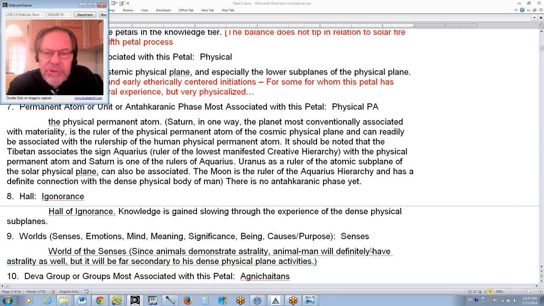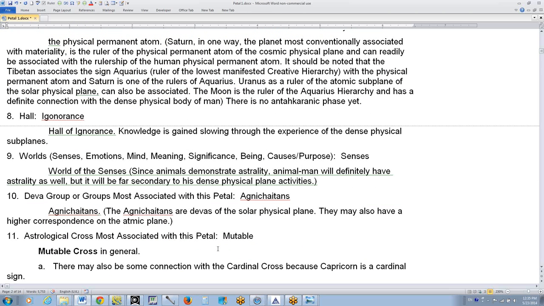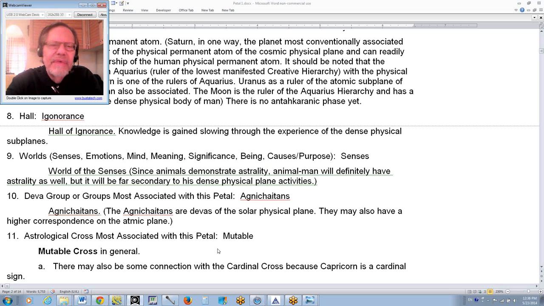The Deva group, most associated with this petal, of the Agni Chaitans, Agni Suryans, and Agni Shvatas, the Agni Chaitans, who are related to the systemic etheric physical plane, and also to the atmic plane, and also, in a cosmic sense, to the entire cosmic physical plane. So the Agni Chaitans are devas of the solar physical plane. Systemic and solar, they mean the same thing. The solar physical plane. They may also have a higher correspondence, yes, to the atmic plane, because it's a plane